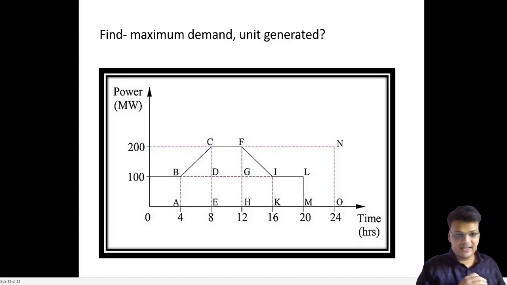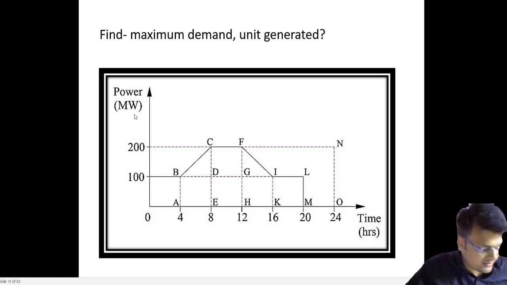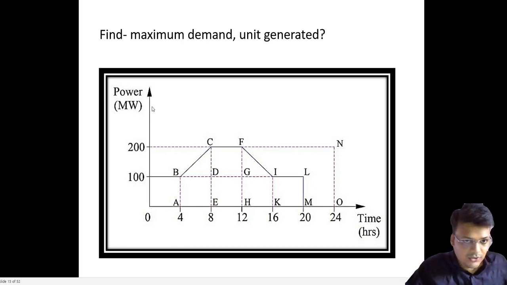Avesh Kumar Yadav, correct. It's 200 megawatt. Please write the unit also. Anji Pankhudi is 200, Mansi Pandey 200, Anupama 200. Please write the unit also, because in the exam you will get confused whether it is given in kilowatt, megawatt or watt. So whatever unit is given in the diagram, you should mention it clearly. So it is 200 megawatt. Akashdeep correct, Nupur correct, Rahul Kumar correct. Now we have a maximum demand of 200 megawatt.